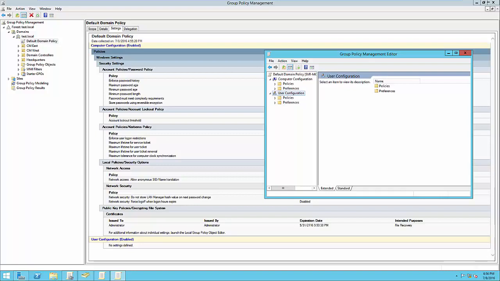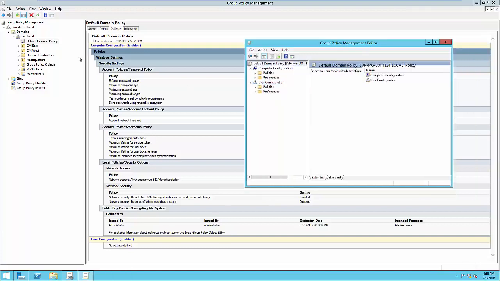But for right now, we're primarily going to be covering computer policies. The reason for that is because they affect every user that logs onto that computer, and we're mainly setting up security policies for the users that log in. So if we just follow the hierarchy that it's got listed in here, we can go into policies under computer configuration, Windows settings,